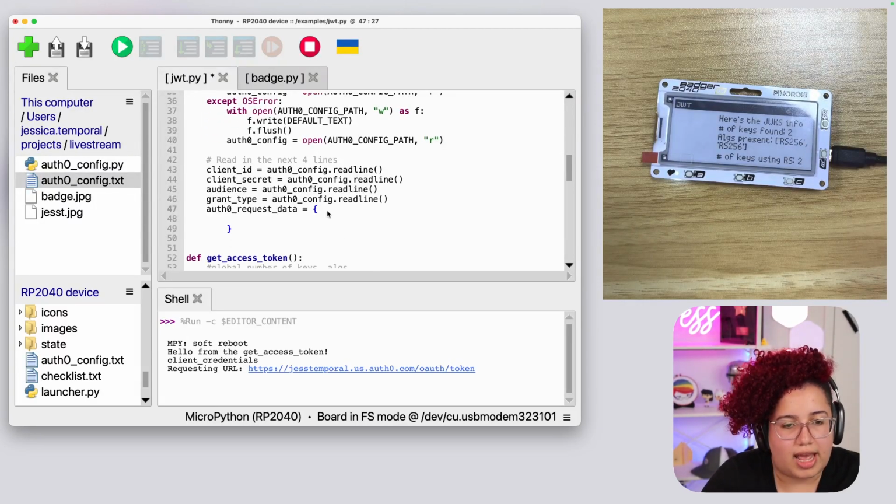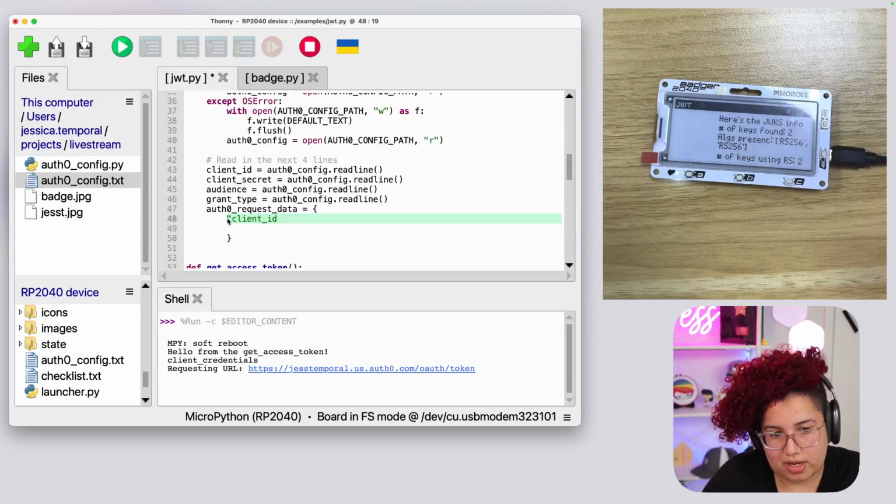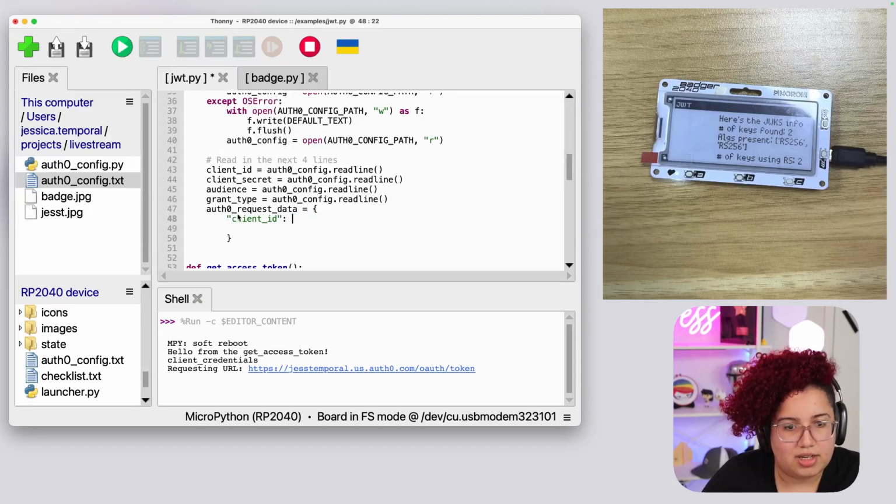What is the way to do that, Jess? You might ask. So the way that I like to do it might not be the best way, but it's how I like to do it. I'm going to say, because I know it needs this information, client ID, and I'm going to pass along this variable as the value. And Python is going to do what Python does, and it's going to be the string inside there. And I'm going to do the same thing for client secret.